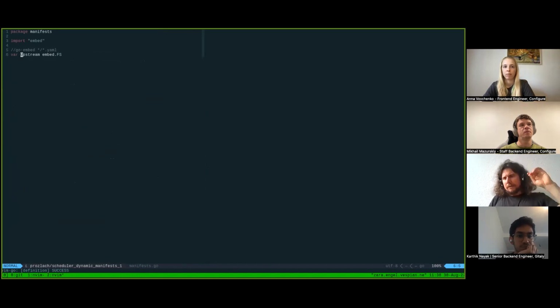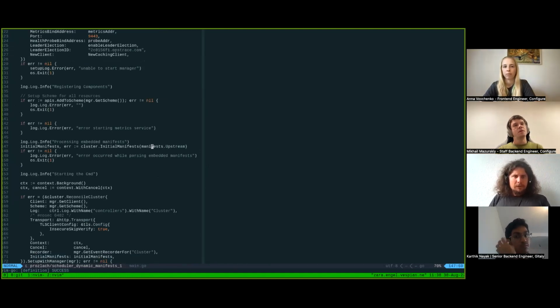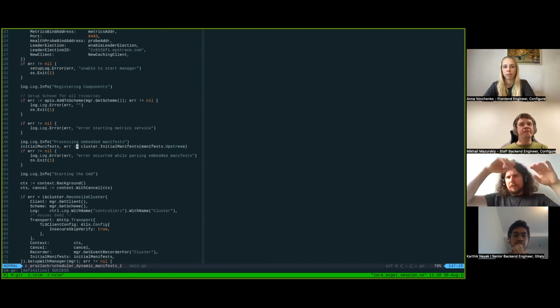So we embed this YAML that I showed you just a moment ago into the Go binary using Go embed. Then we store them in a map of blobs. So every component has its own name, and the value for the entry in this map is a YAML manifest with all the configuration of the given component, and once we have it,